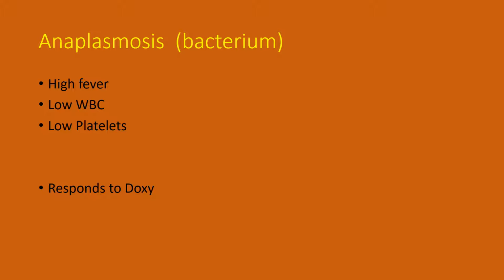Anaplasmosis is a condition that I guarantee you will be seeing progressively more over the next several years. This is a patient that comes in with a flu-like illness, often tests negative for the flu, continues to be sick for a week or so afterwards. They come in 3, 4, 5 days later, you draw blood work, and you find that their white blood count is low, as you might expect with a viral illness. But they often also have low platelets. They may or may not have memory of a tick bite, similar to the folks with Lyme, just because the Ixodes scapularis is such a small tick.